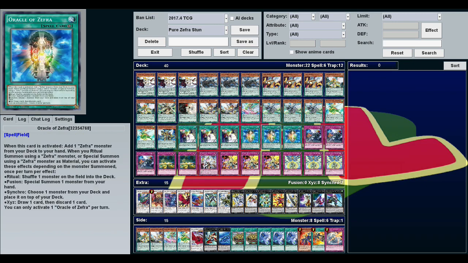Zefra Providence searches Oracle of Zefra, which searches any other card, any other monster in the deck. It also has additional effects that basically if you Ritual, Fusion, Synchro, or Xyz summon, you get specific effects. We don't Ritual or Fusion, so I wouldn't worry about that. If you Synchro summon, you can choose one monster from your deck and put it on top of your deck,